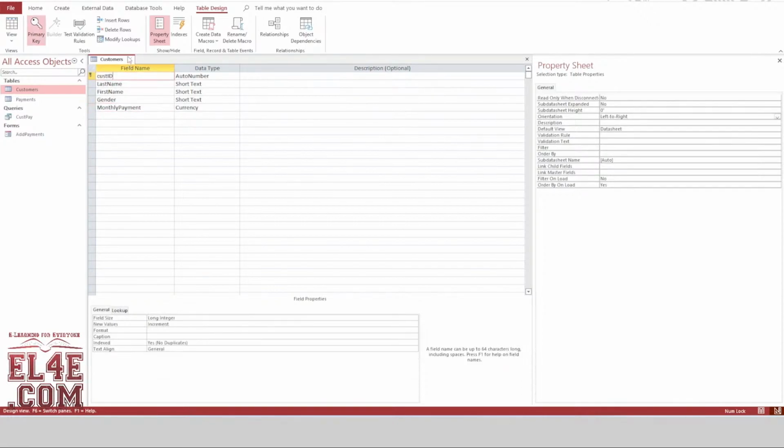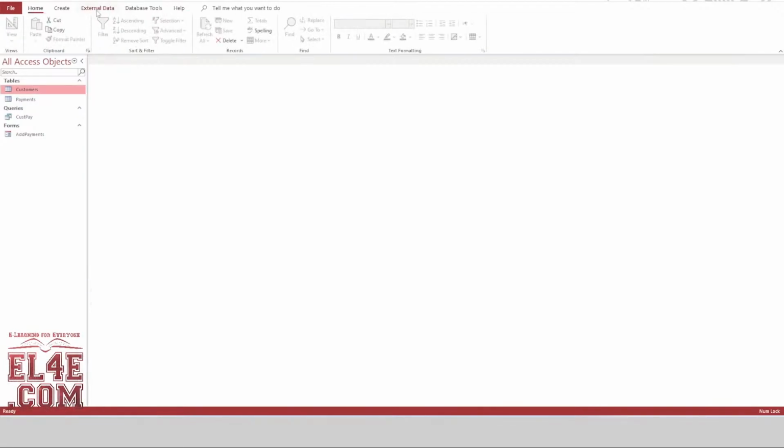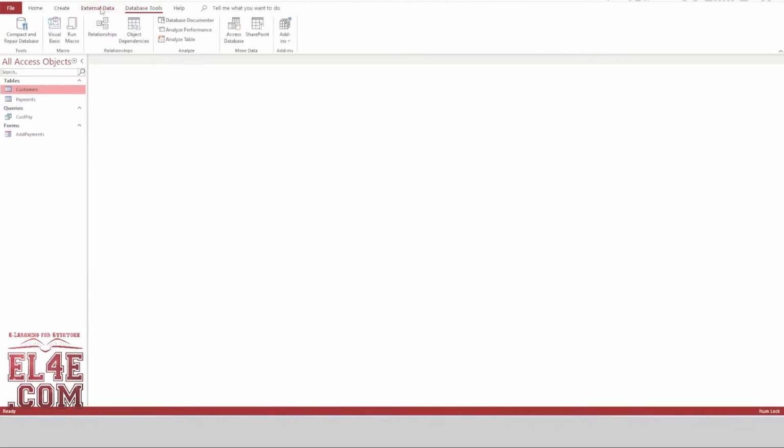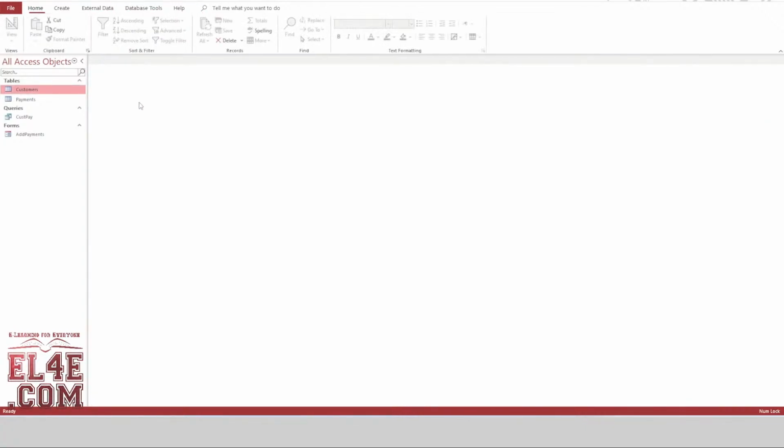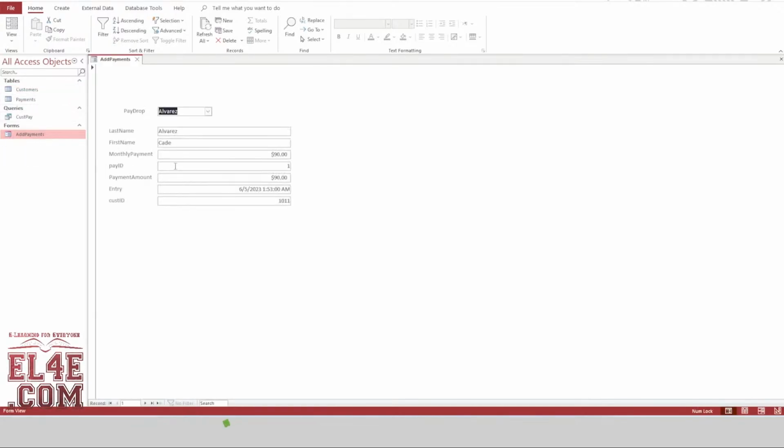We're going to connect those two tables together, and if we look at the relationships, it's customer ID to the customer ID for payments. So that's it. Now, I already started to create a form,